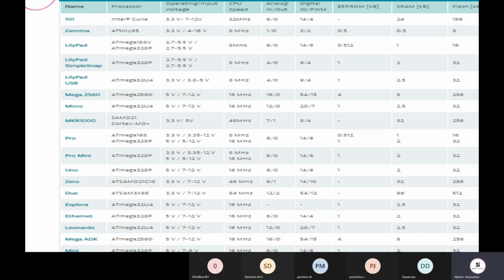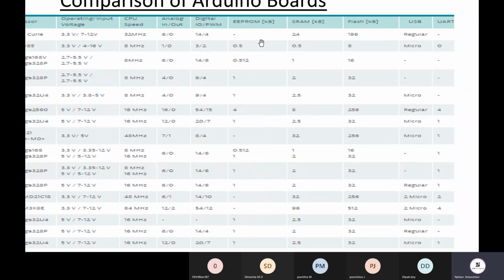The major use of these PWM pins is when we want to change the intensity of something, or control the speed of a motor. Then this functionality is very useful. Fine. And the rest is what the available EEPROM memory is, the available SRAM, which is required for how much computation power we need and how many variables we can have at the moment, and the flash memory for storing your data and your code.